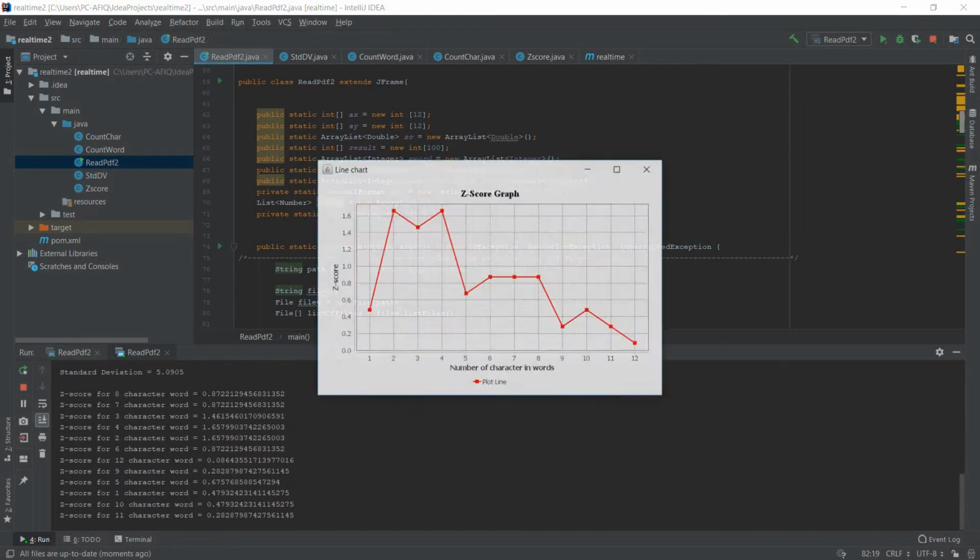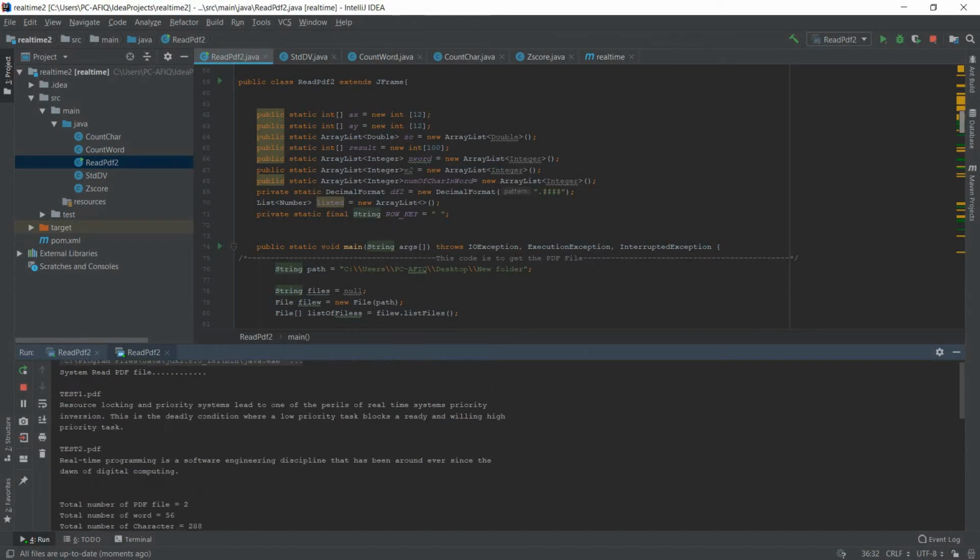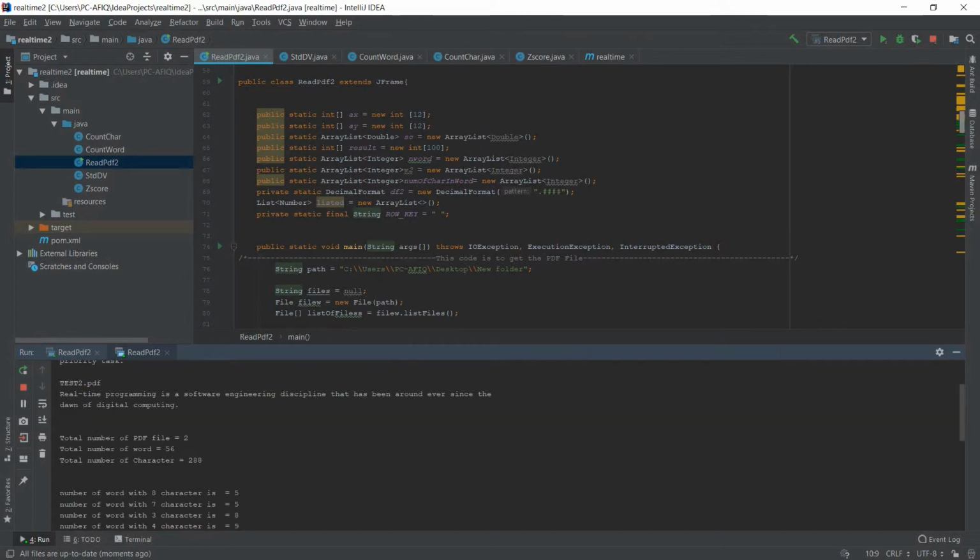Okay, so the system will read the PDF files in a folder. There are two PDF files in the folder. The first one is test 1, the second is test 2, and then the text in the PDF. And these are the details about the